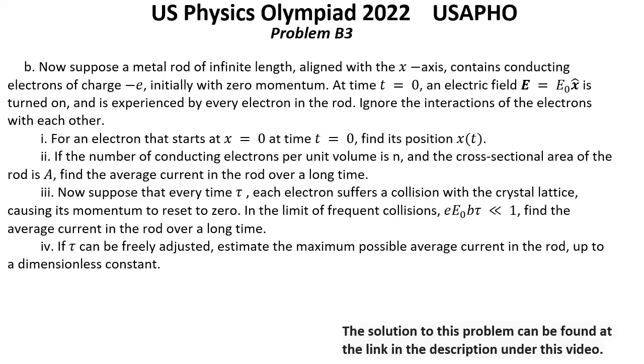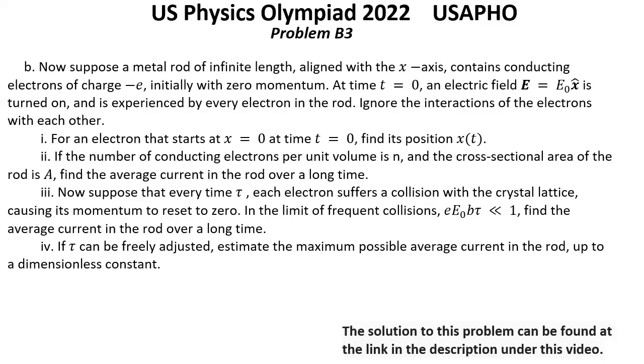Question B. Now suppose a metal rod of infinite length aligned with the x-axis contains conducting electrons of charge negative E, initially with zero momentum. At time t equals 0, an electric field E equals E0 multiplied by unit vector x is turned on and is experienced by every electron in the rod. Ignore the interaction of the electrons with each other. First, for an electron that starts at x equals 0 at time equals 0, find its position x as a